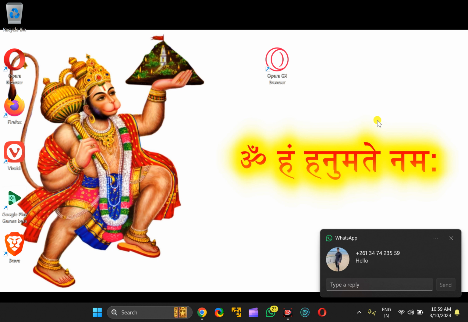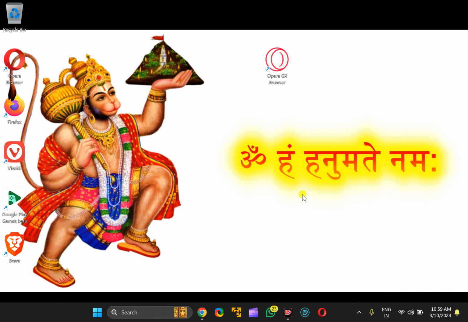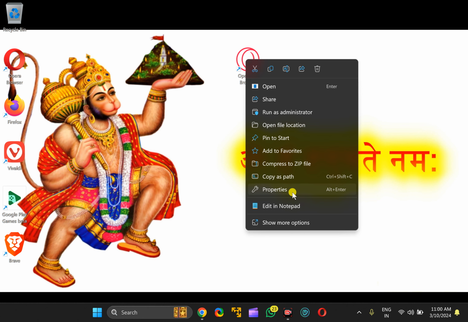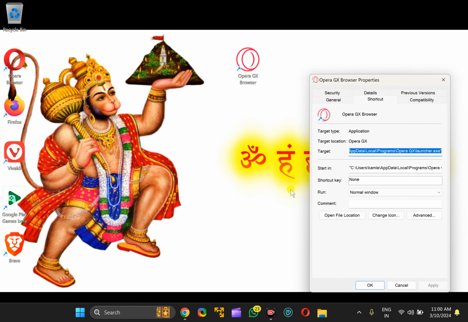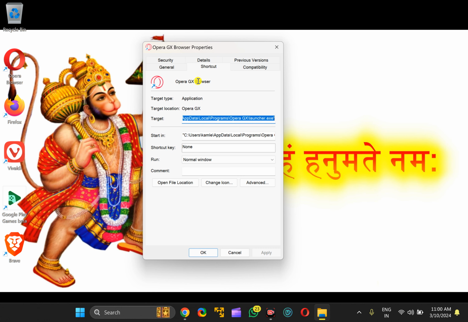In this video, we will guide you on how to always open Opera GX browser in private mode on Windows 11 or 10 PC. For this, first locate Opera GX desktop shortcut icon, then right click on it, select Properties in the pop-up menu, and then switch to this one Shortcut tab, then place your cursor under target box and